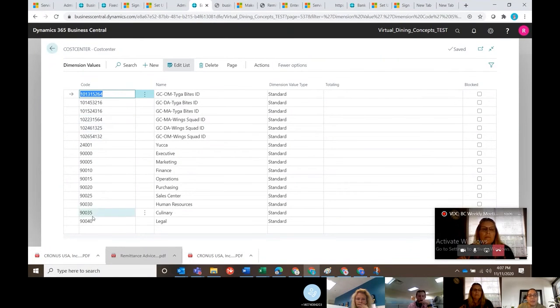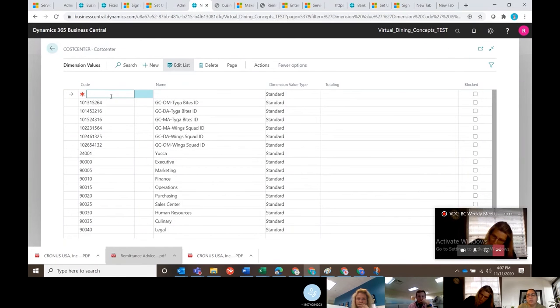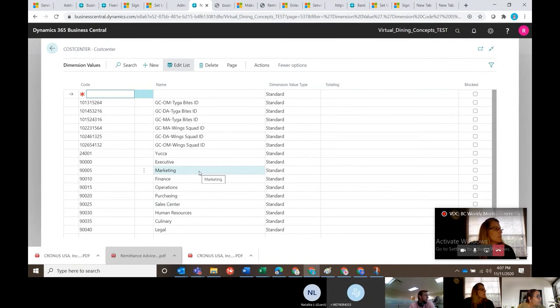If you need to add additional ones, just by pressing new, you will get a new line here, and then add the number. Then you have there 1, 2, 3, 4, for restaurant corp. So just the number and then